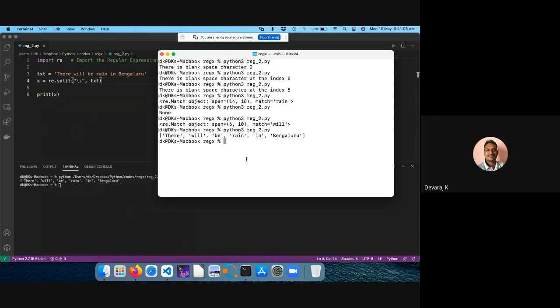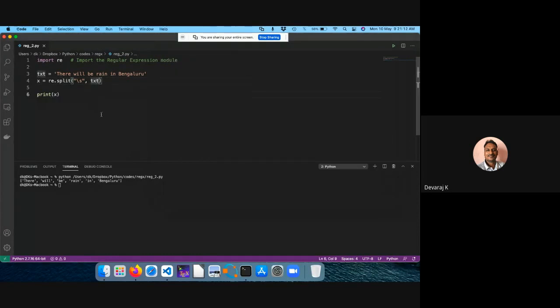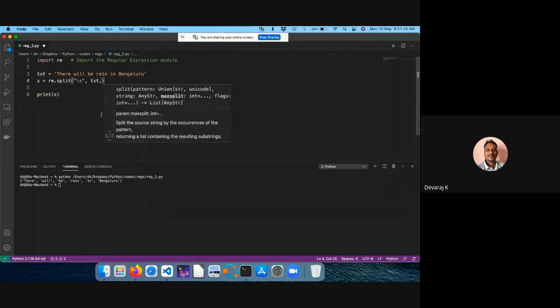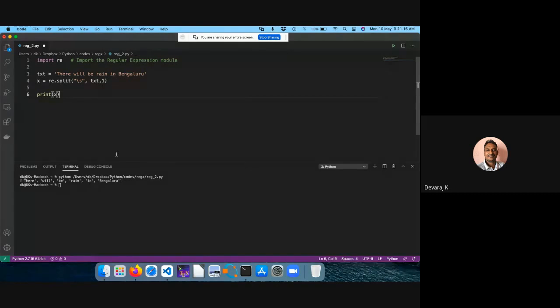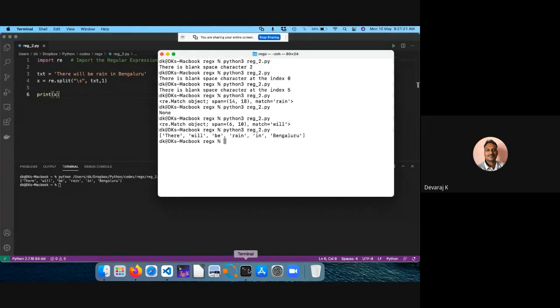Each word is split. Suppose I want to split it only once: just after the text, comma, you put 1. Now save the code and run this. Look at this, it is split only once, at the first blank space.